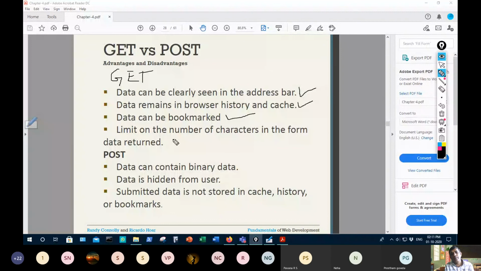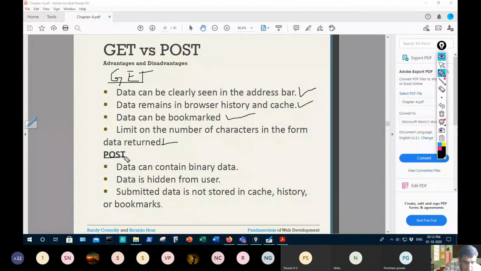You can find out what that number of characters is. There is a limit on what you can have in a URL, I think it is 255 or so characters. You can't have more than that. So when you have a large form, your data is long and your query string becomes long, but your URL puts a restriction on that, so you can't use it. This is the last but not the least important point to note. So these are some of the limitations or disadvantages of the GET method.